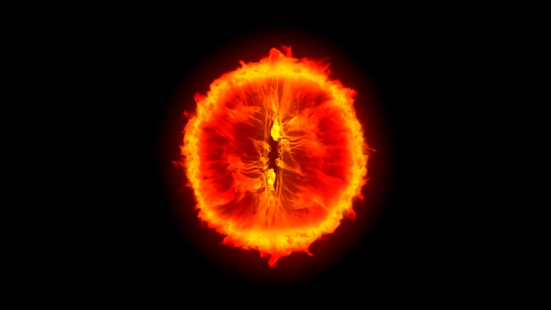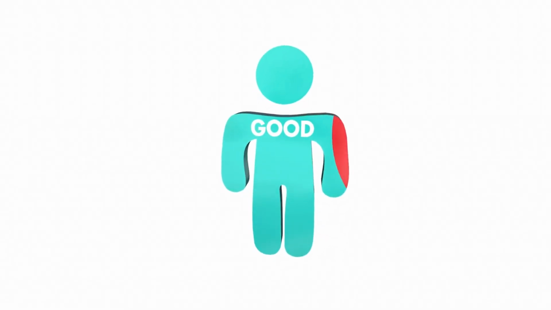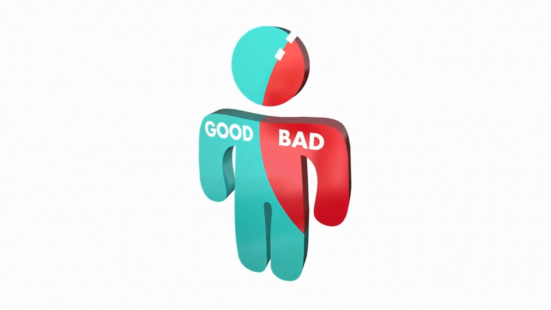In The Lord of the Rings, Sauron is terrifying not because he's unbeatable, but because his evil is driven by a deep desire for control. His flaws, his need for the One Ring, make him a force to be reckoned with. A great villain isn't flawless. They have doubts, insecurities, and even weaknesses that make them human.